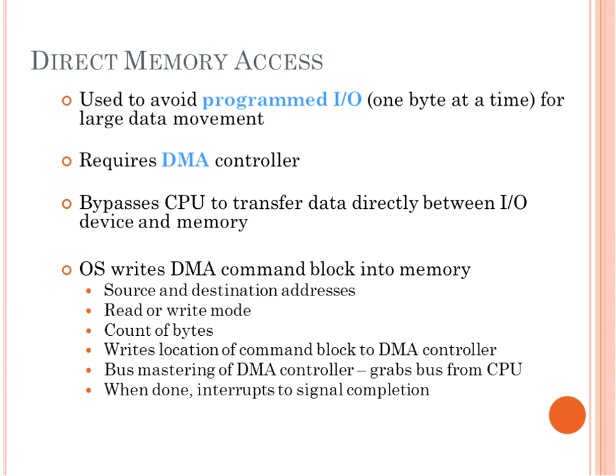Now, direct memory access is a different type of strategy. This bypasses the CPU. In other words, the CPU is not used, but rather a DMA controller. The controller monitors what is going through and makes sure that it occurs. So it doesn't use the CPU. You could think of a DMA controller as a mini CPU or a CPU helper. It takes over some of the tasks so the CPU does not need to be bothered. So that's a popular strategy, but again, you do have another piece of hardware that you have to work with.